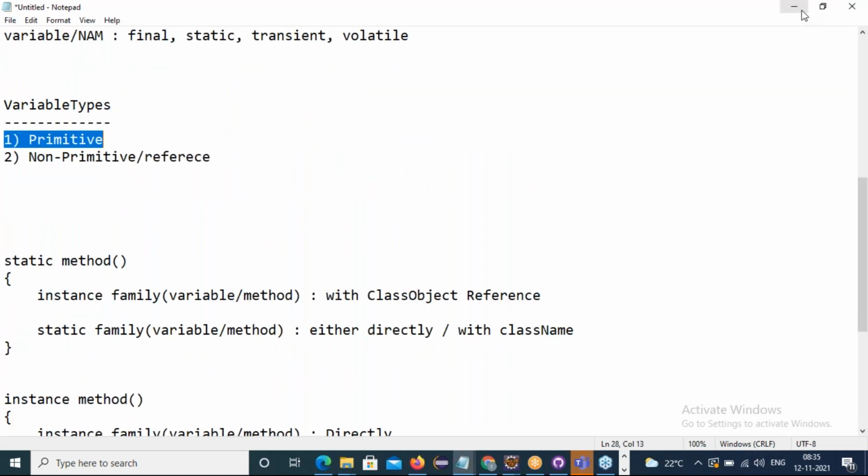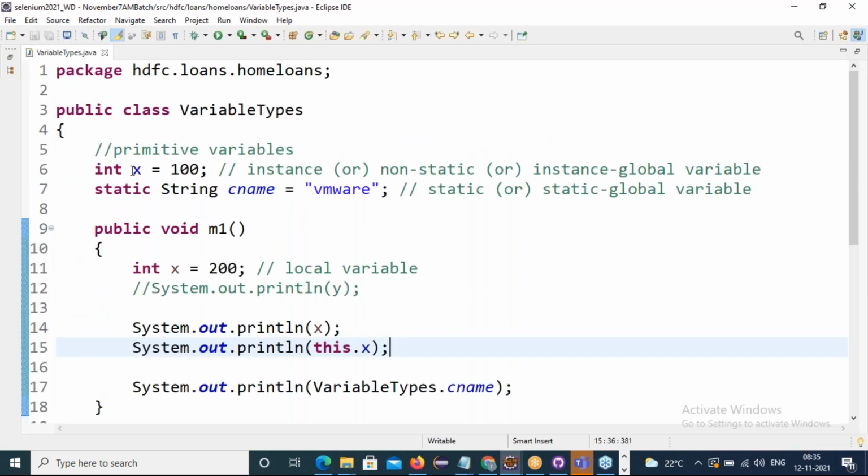Okay, fine. Next. When do we use this one? When the local and instance both have the same variable, it by default takes local, but still if you want to access instance, whenever it is necessary, then we use this dot. When two variables are similar. If you want local, it is a direct call. If you want instance to call, then use this dot. Wherever your situation requires it, we use this dot x or x normally. Okay, it's up to you. Get it?